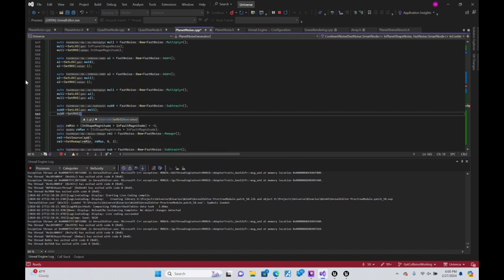Right-hand side one. And then remap from